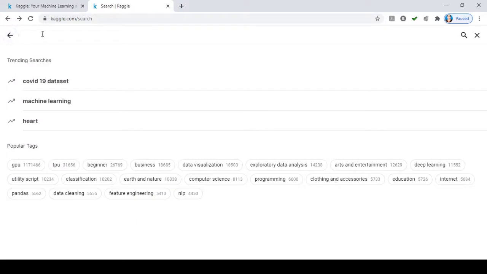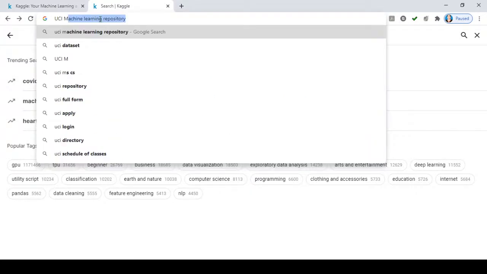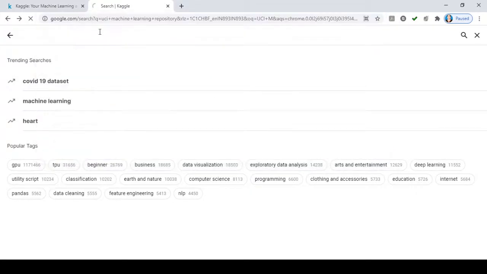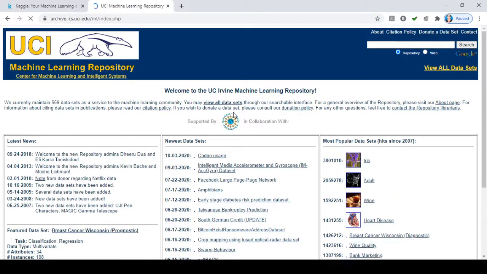Now if you are unable to find any dataset on kaggle.com, then go with the next site, that is the UCI Machine Learning Repository. On this site you will get a number of datasets.